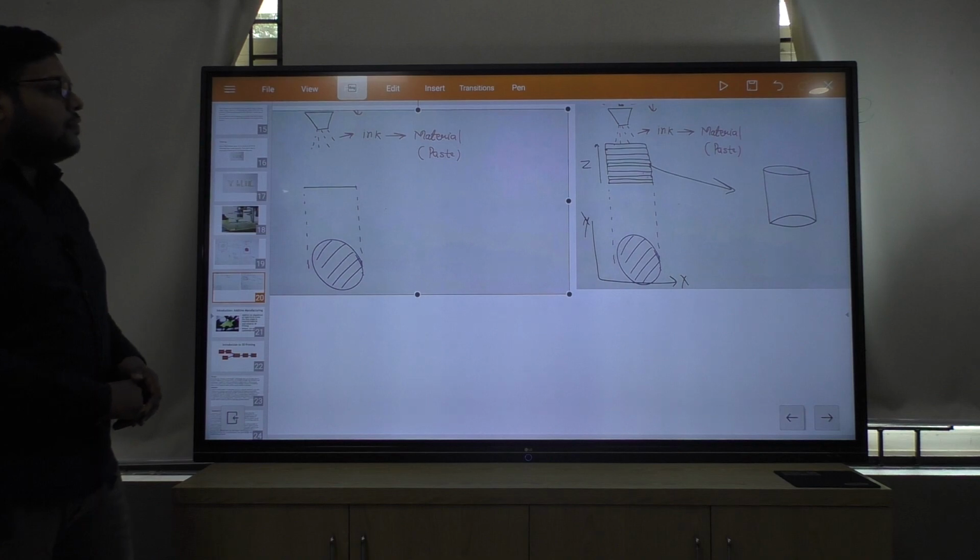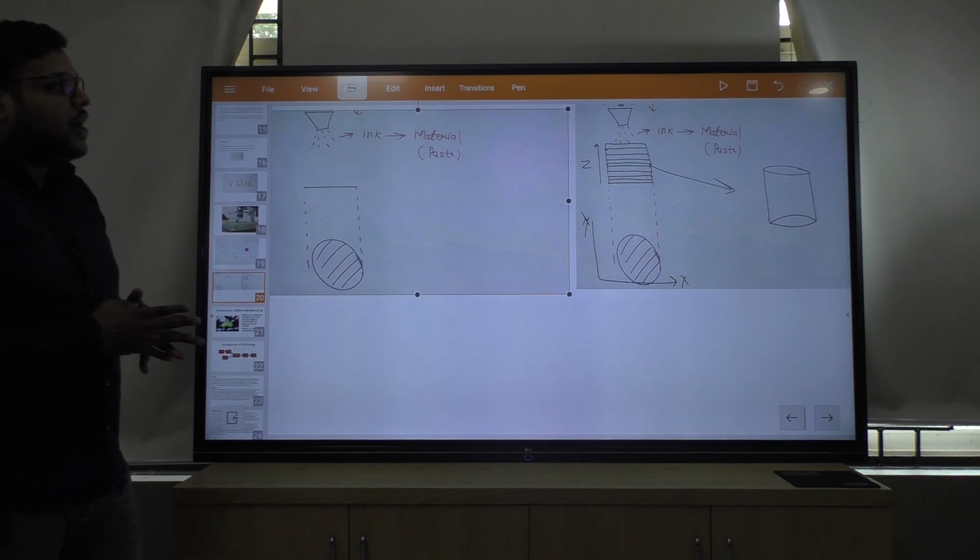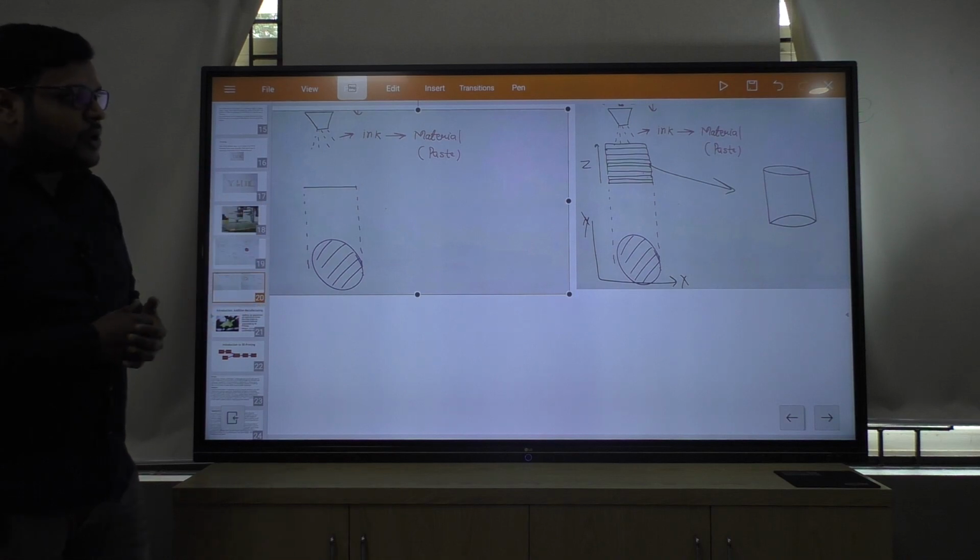Obviously, whatever model you create in 3D printing, you have to convert it into STL file format. After that